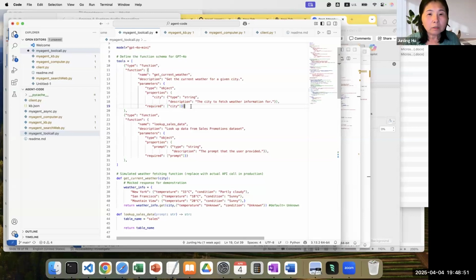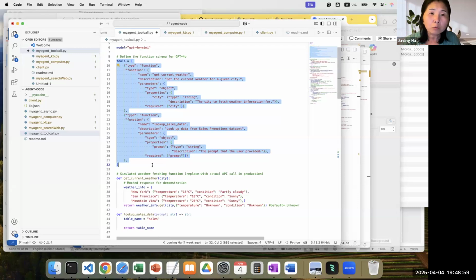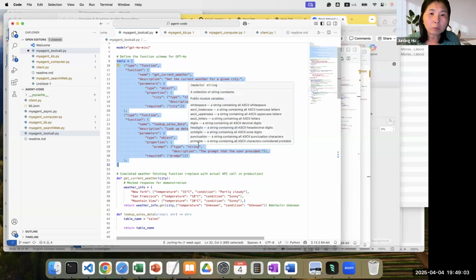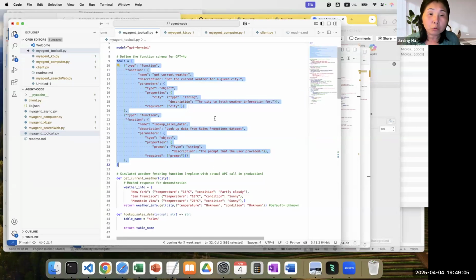That's right. So this whole thing will be sent to the large language model, so that the large language model will, based on all the strings here, reason about whether to match the user request to a certain tool. The actual work is not done by us, it's done by the large language model behind the scenes.